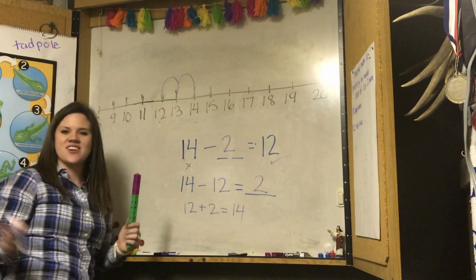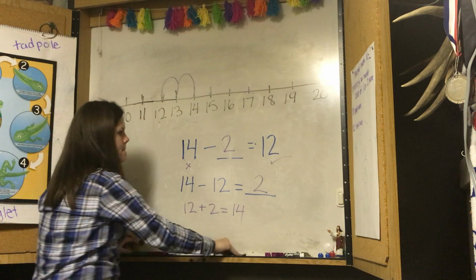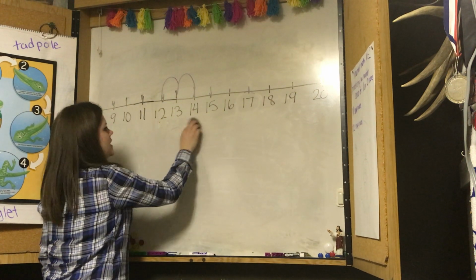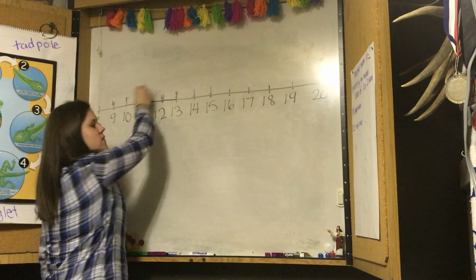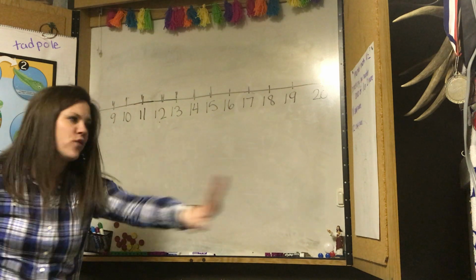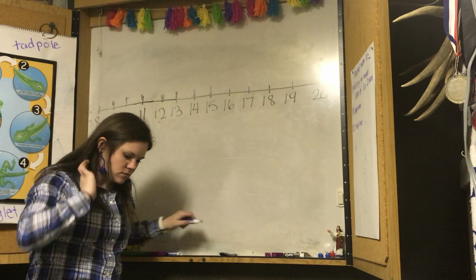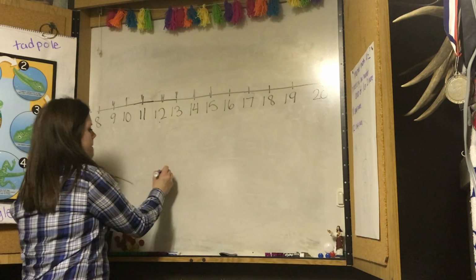All of these equations are true. We solved for that missing part. And I bet you guys knew that really quick out of your brain, easy peasy, because 12 is only 2 less than 14. So thank you for working through that and strengthening your number sense, okay? All right, number 5. Blank